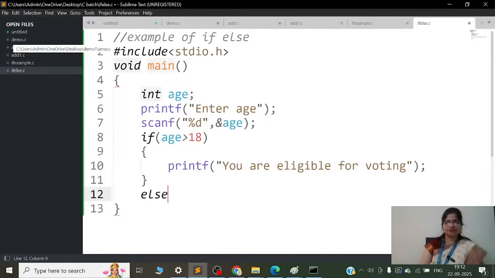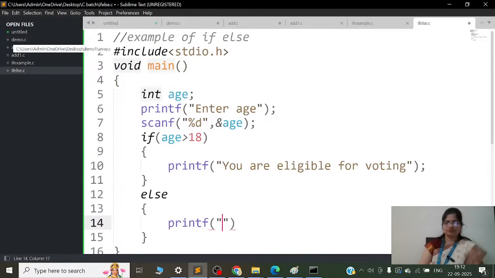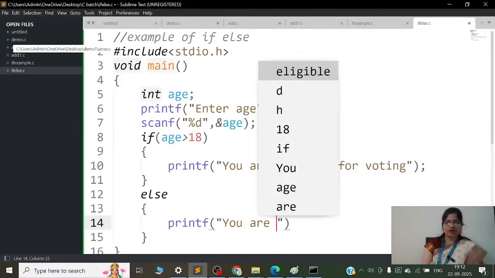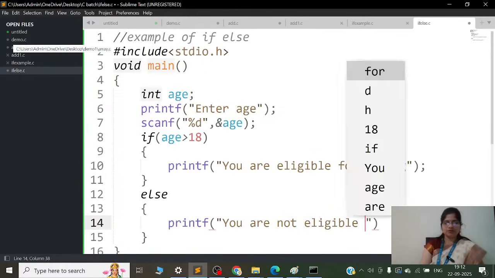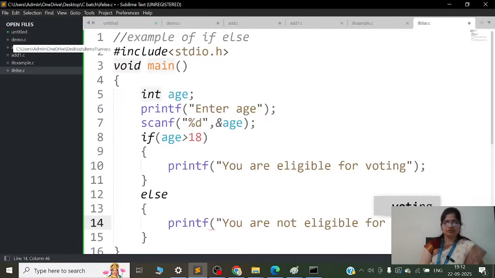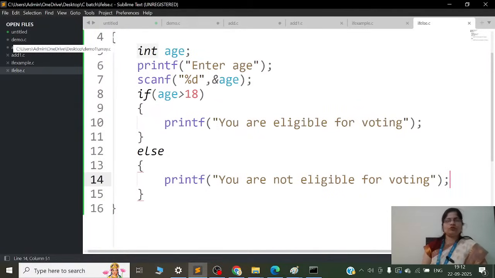Else you are not eligible for voting. Save it. So I want to run this now.